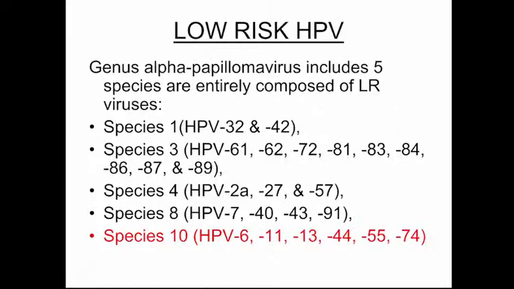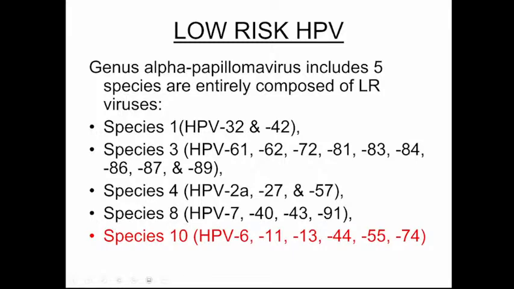So the low risk HPV types, which belong to the alpha genus, include 5 species that are entirely composed of low-risk viruses. Species group 1 includes 32 and 42. Species 3, all those, but the important one here is really 10, which includes 6 and 11. Those are really the most important in this group. We rarely hear much about 13, 44, 45, and 74, but 6 and 11, as we shall see, are important